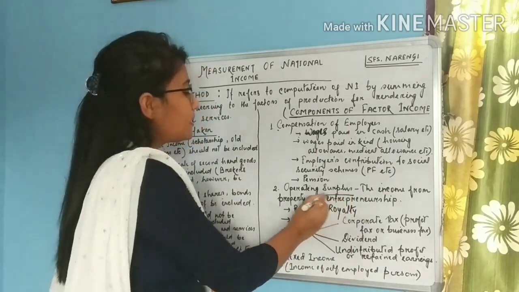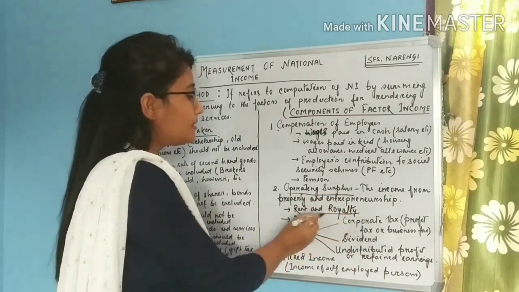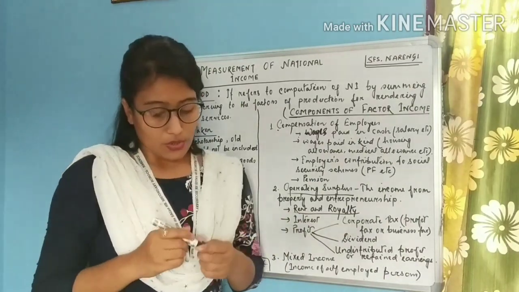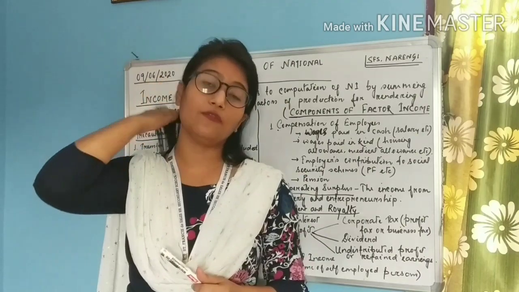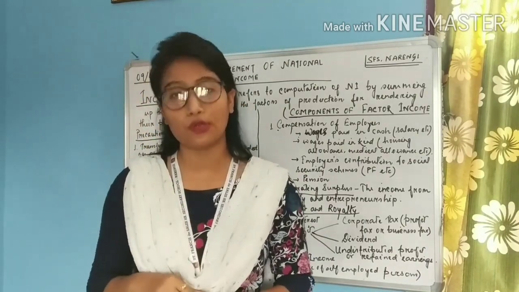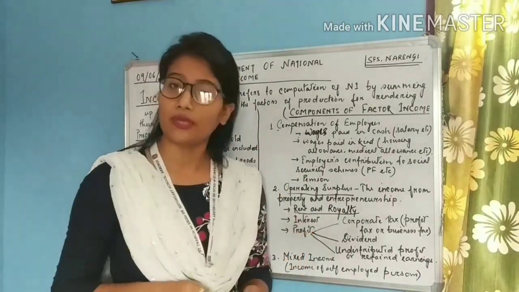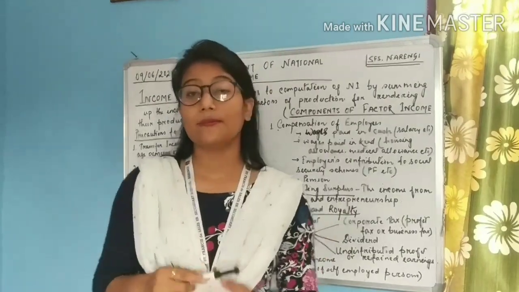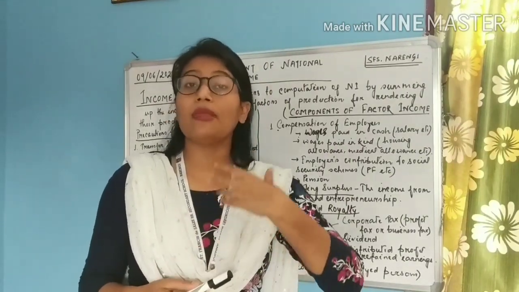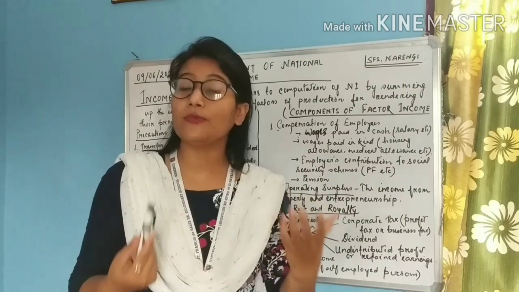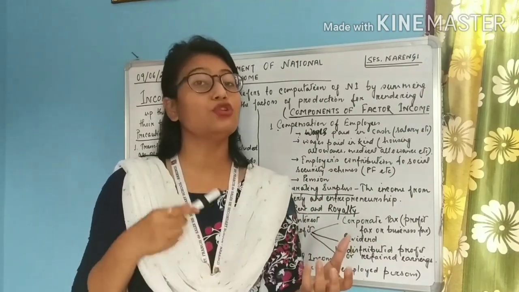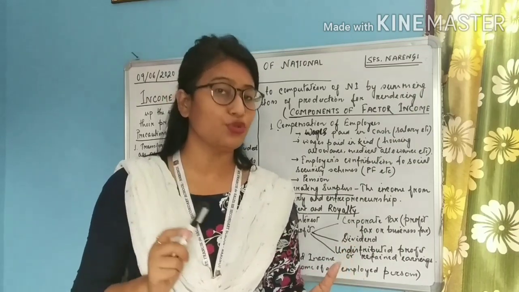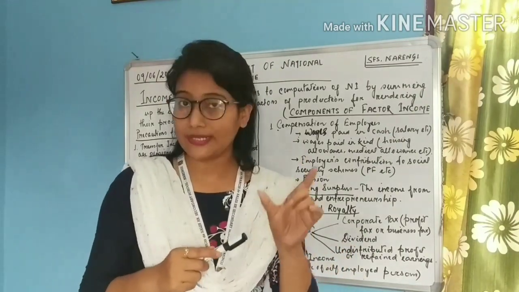So operating surplus includes rent and royalty. But students, we all know the meaning of rent. The rent which is given if we hire a building or if we hire a plot of land, for that rent is given, okay? Royalty means, students, sometimes I may innovate something new, I may develop something new, right? And if I do not permit anyone to use my idea, no one has the right to use that idea, right? So that is known as patent.